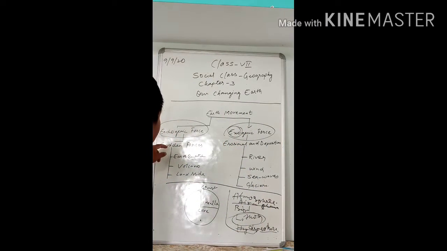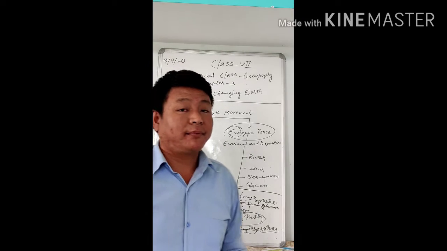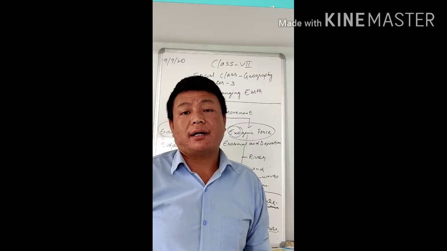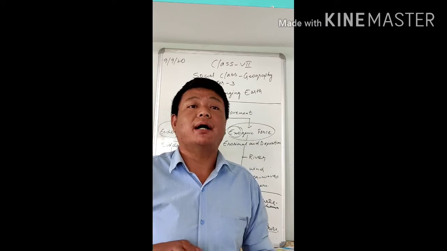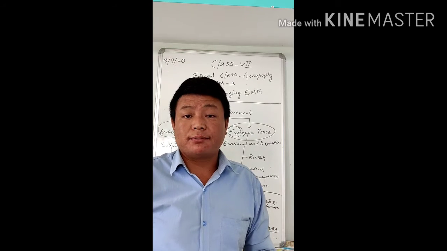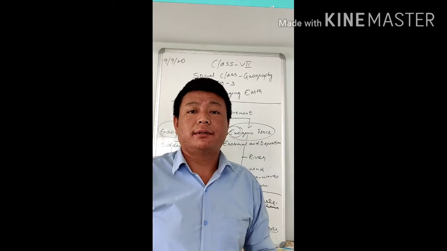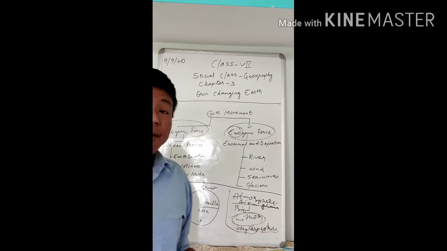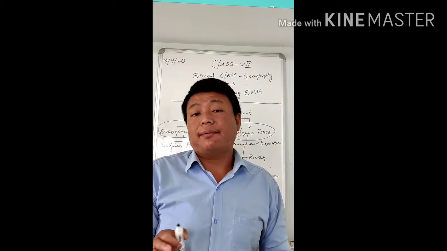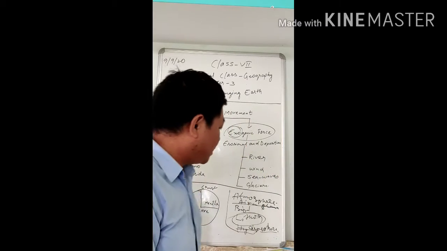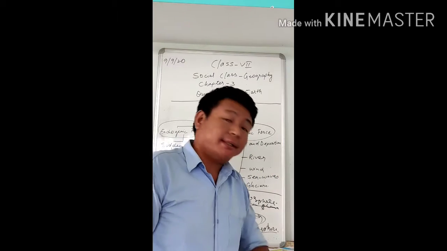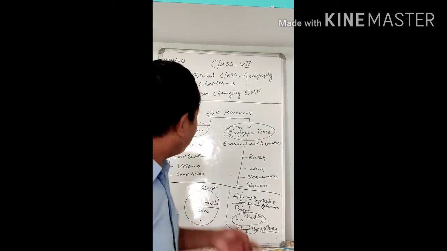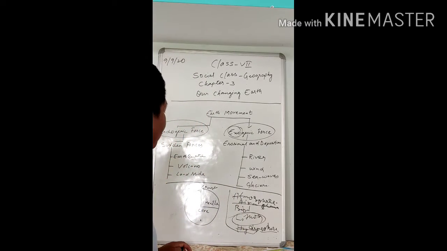Like the first point, earthquake. Yes, you already know that. The earthquake is a sudden movement of the earth, and eruptions. The shaking of the earth, especially the soil, is what we refer to as an earthquake. Now in the earthquake also, there are two important terms, the epicenter and the focus. Now, what is the epicenter and what is the focus?